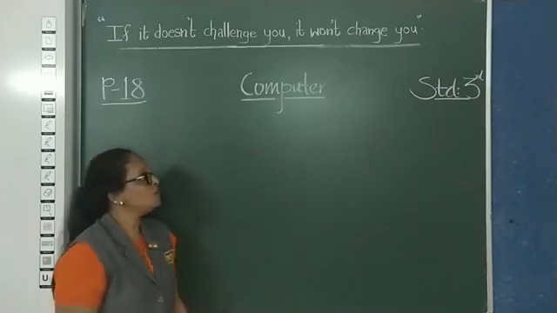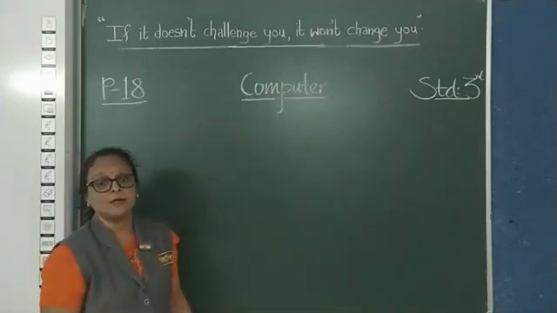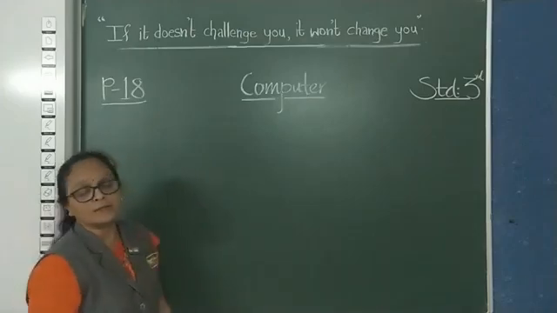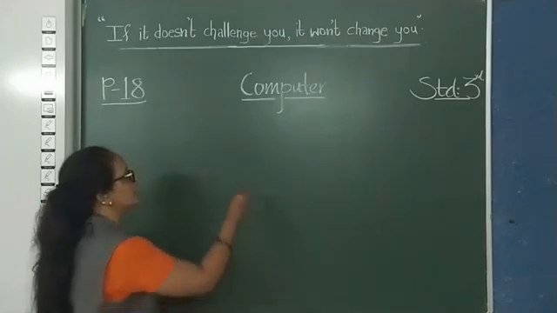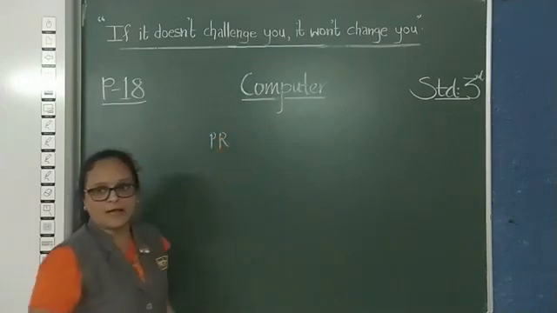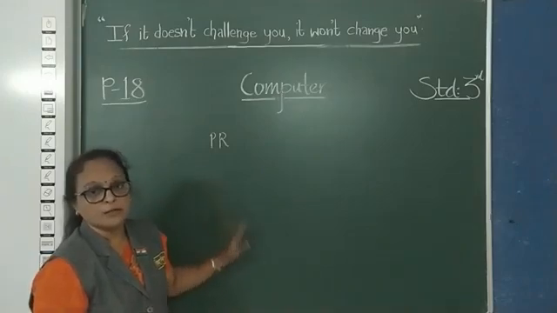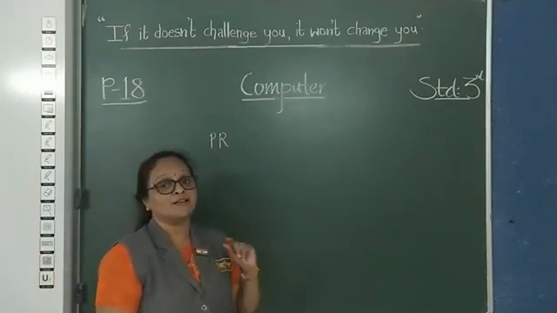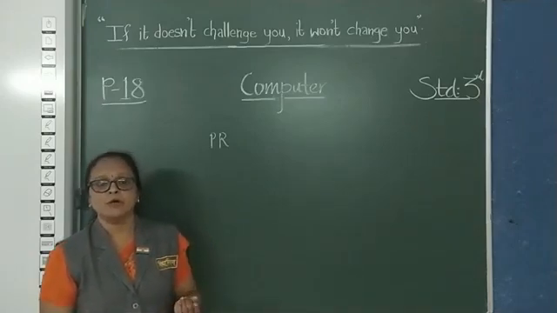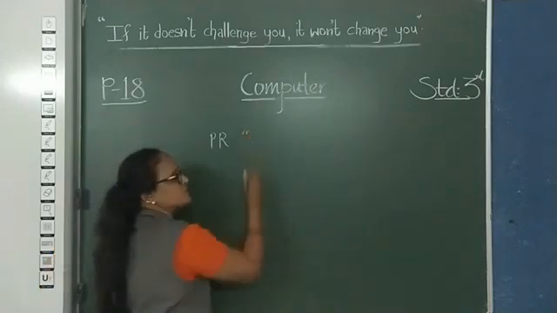Getting it? Now see here, what are the means? First we are going to start with how to type a single word on the screen. For that purpose, we are going to use the command again, PR as it is. Always you are going to write the word print or PR. Then if I want to print a single word, or we can say if we want to display a single word on the screen, then always we have to put the quotation mark.